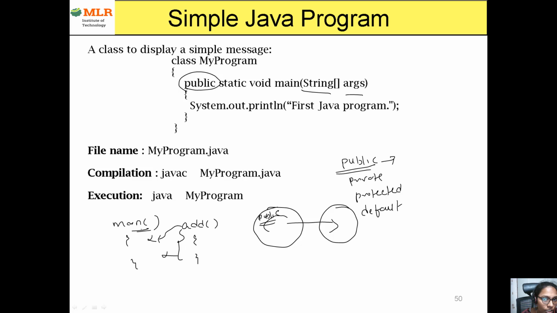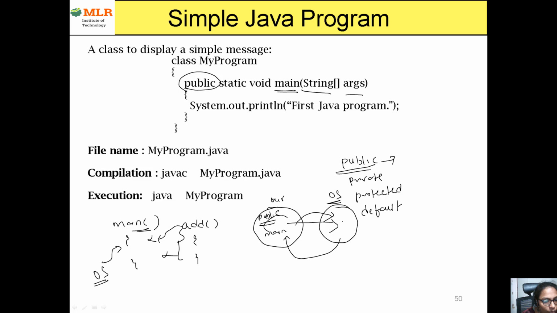Someone should call that function, otherwise it will not be executed. But in every program the main will be called by the operating system. Here also our main function will be called by the operating system, but the operating system resides outside of our package. Our main function is available in our package. Now this operating system should call this main function which is available in another package.